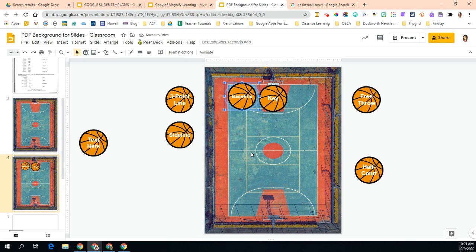You could bring in a map of the United States and put text boxes around here that have the name of the states, and they could drag it onto the correct state. So a bunch of things open up, a lot of possibilities. This can be a fun way to have students interact and label different